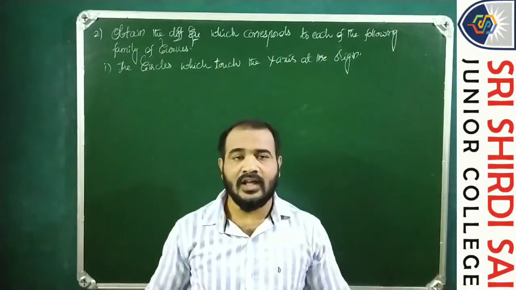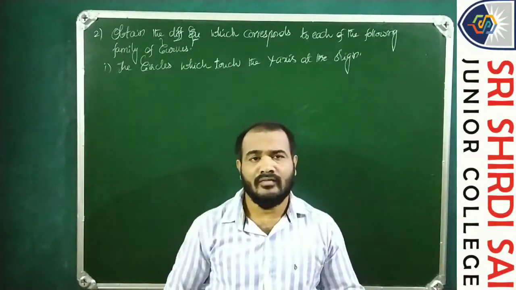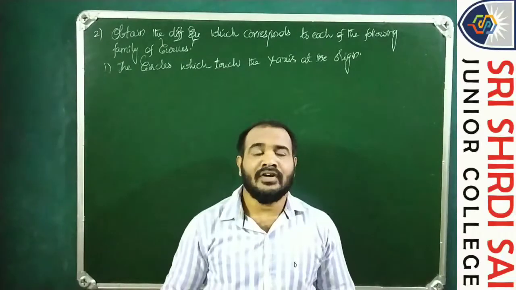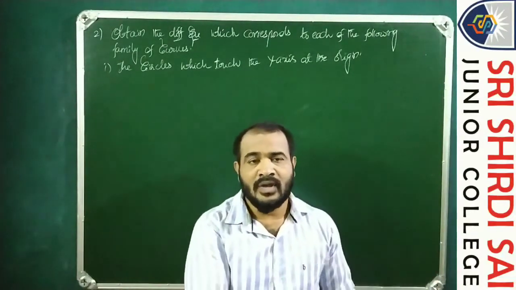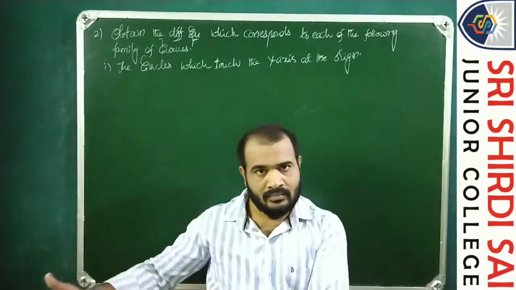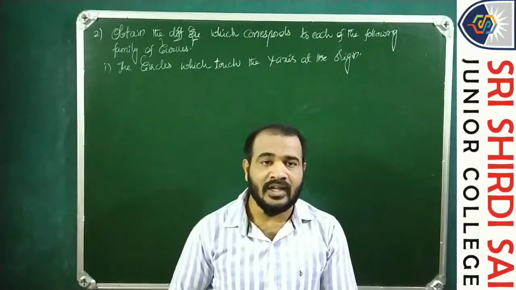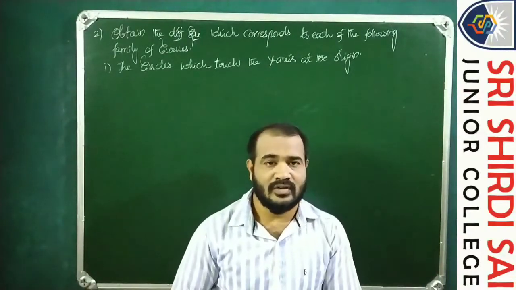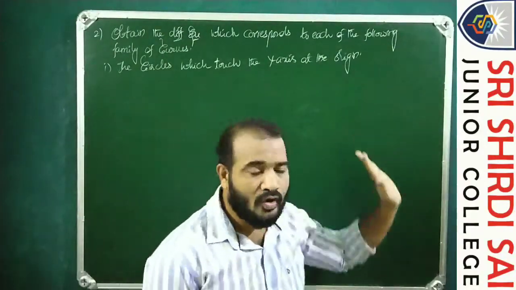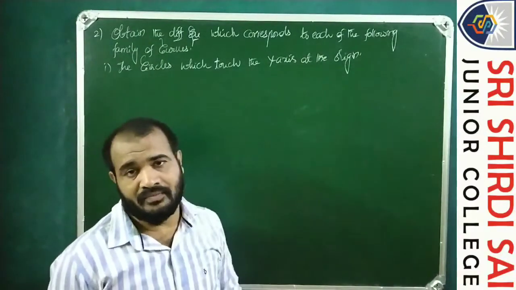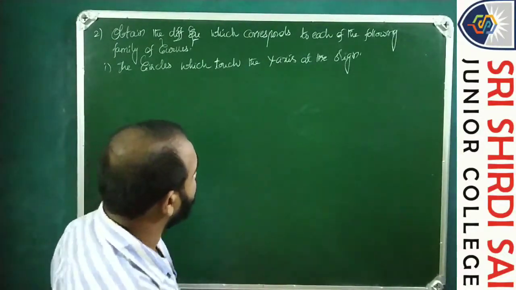Obviously, if the equation contains one parameter or arbitrary constant, we need to differentiate it once. If it contains two, accordingly we need to differentiate it twice. And if we get n number of constants or parameters, then we need to differentiate it n number of times. Now, the circles which touch the y-axis at the origin. This is the data given. So that means he is asking for all the circles which touch the y-axis at the origin.